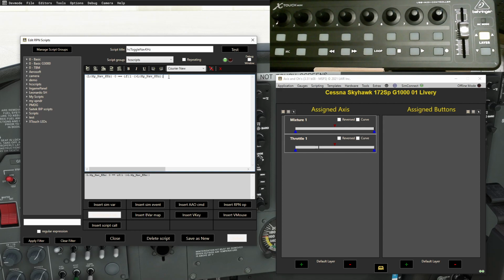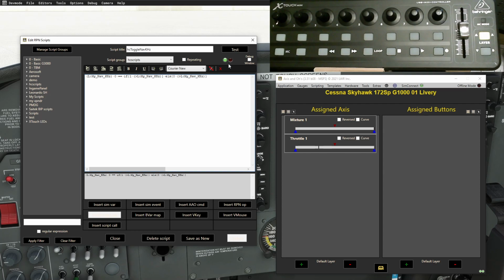If not, if that was 1, we want to send the opposite, to send a 0. So the else comes in. Notice there's no E on the end of else. That means we're going to send a 0 to, and this arrow I'm putting in, it's the greater than sign, but it's not being used as a greater than. Which is being used as a send it to type command. My nav